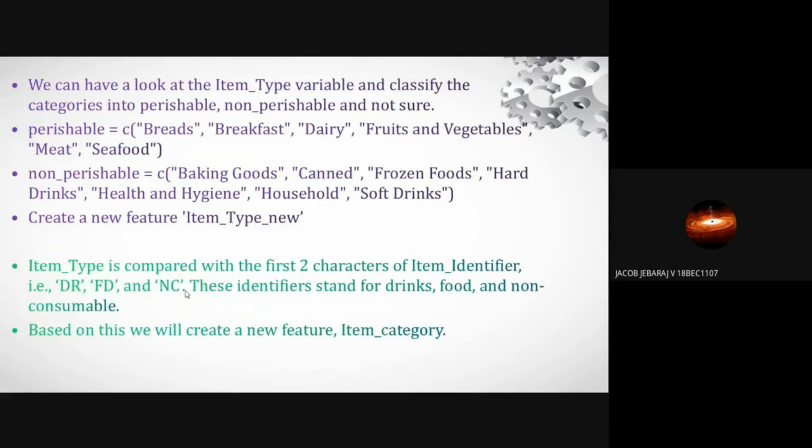these five categories we are doing. First, we are taking the item category. In that, we are separating the perishable and non-perishable. We are creating new features for perishable items, like bread, breakfast, dairy, fruits and vegetables, meat and seafood. These can last a maximum of 1 week to 2 weeks, so we can move these stocks and buy new stocks accordingly.